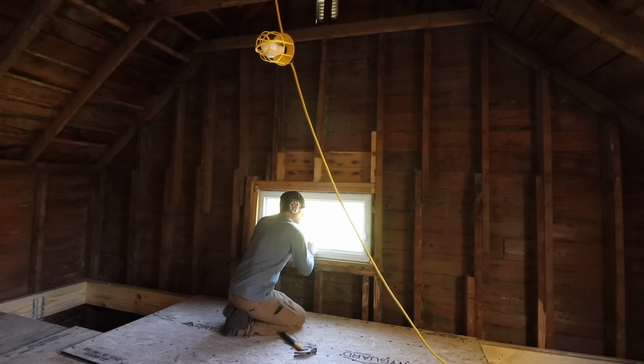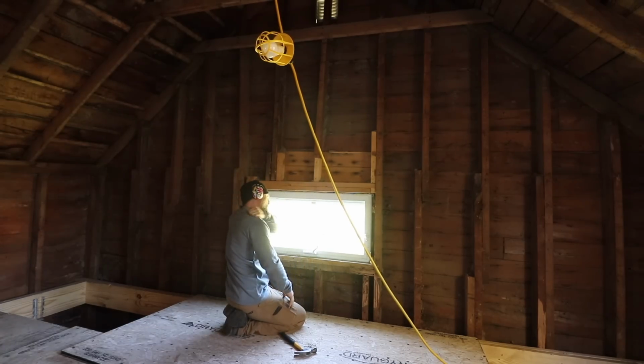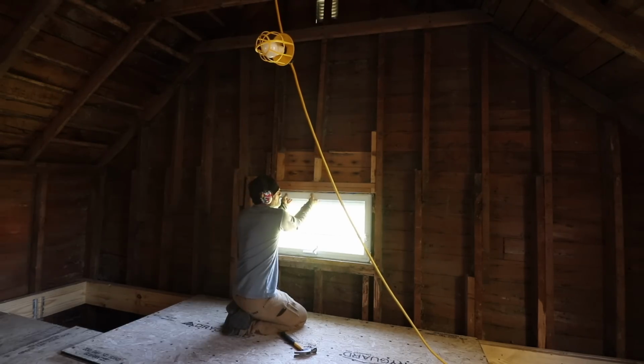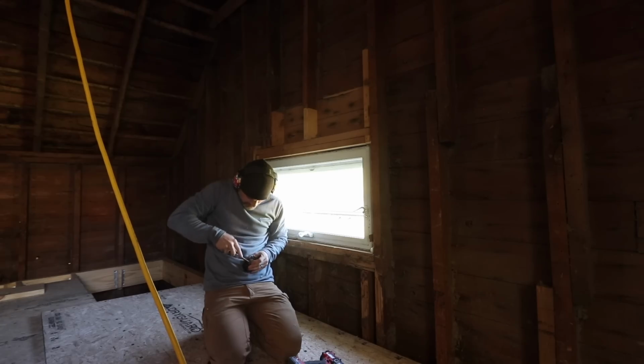Seems safe. Okay. Looks like it's got some weird square-headed screws. None of those are square. How do you get that out? Like, you gotta have...